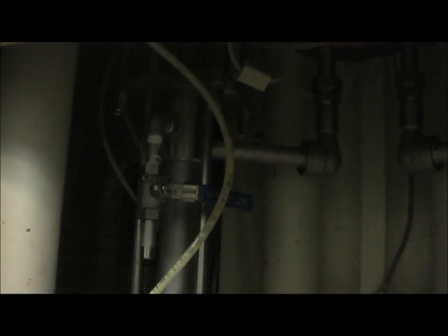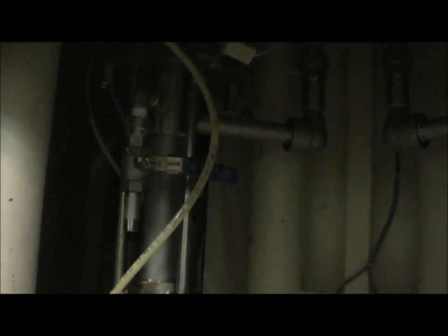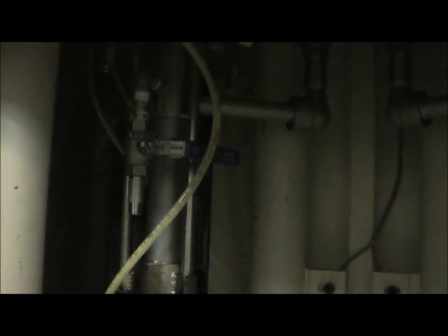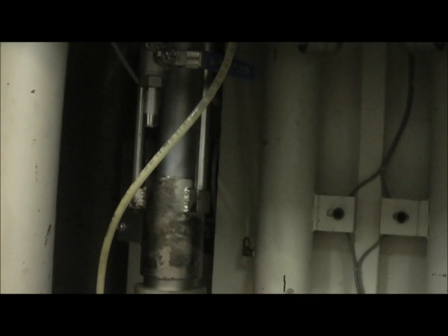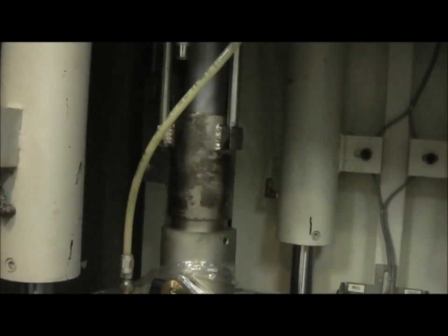So as you can see, all the pumps are all intact. You have all new pipes, all new valves that have been put in there. It's easier than cleaning, it's cheaper to replace them. All of these pumps have all new seals, wiper seals and main seals. The valves on the side, which are the most expensive parts, which I will show you now,